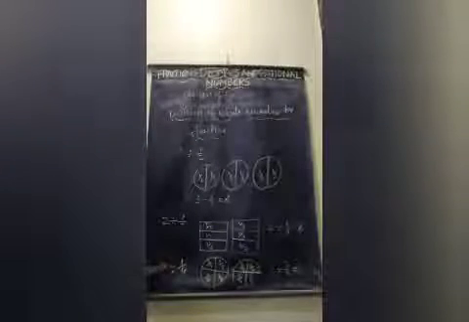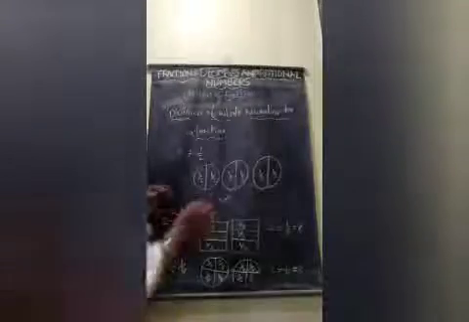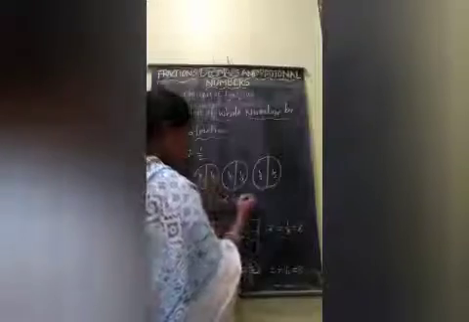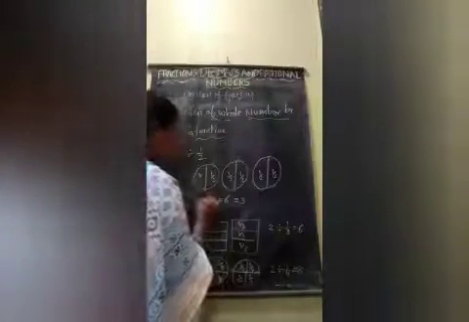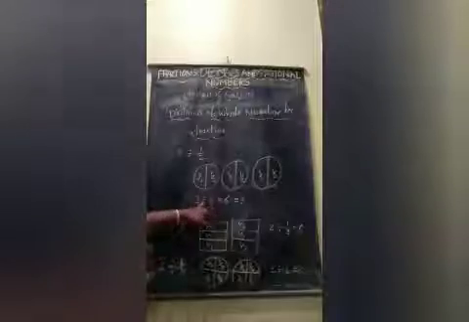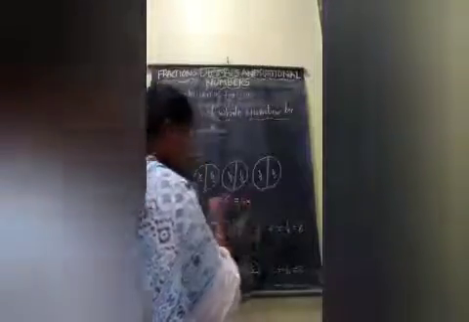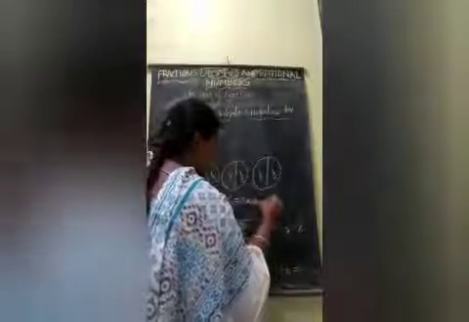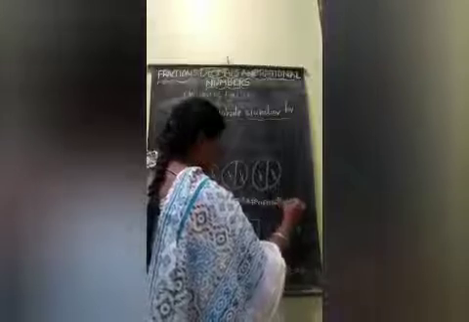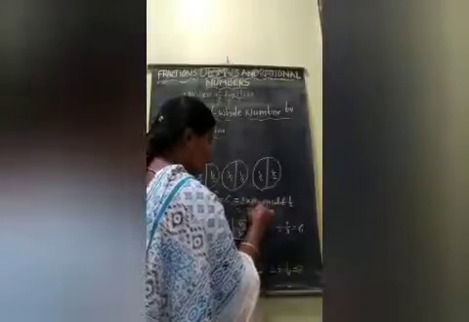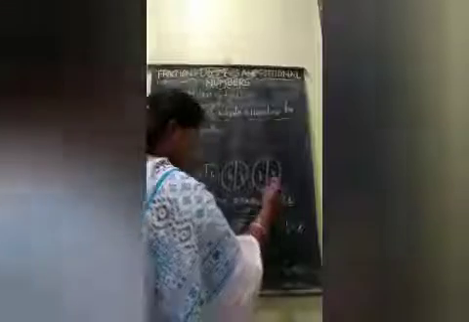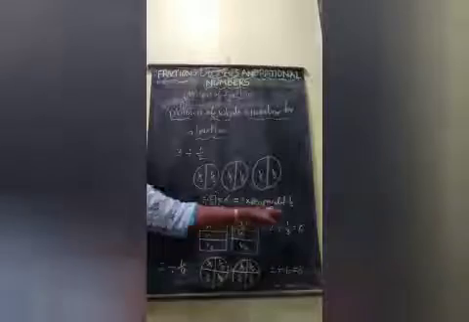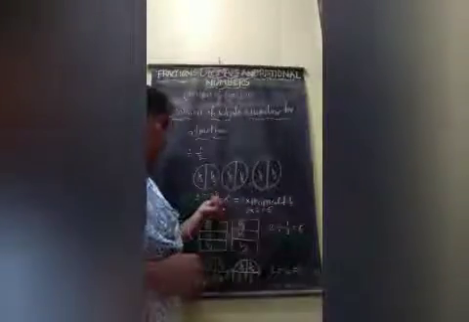Observe the 3 examples. We conclude that 3 divided by 1 by 2 is equal to 3. Division is converted into multiplication. This is the reciprocal of 1 by 2. That is equal to 3 multiplied by 2, that is equal to 6. Division is converted into multiplication by the reciprocal of this fraction.